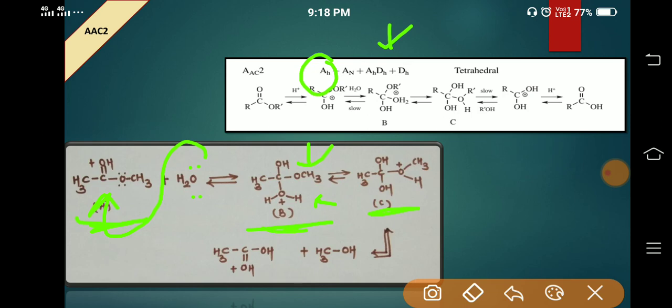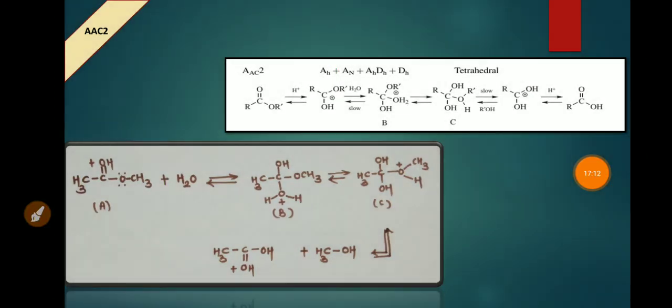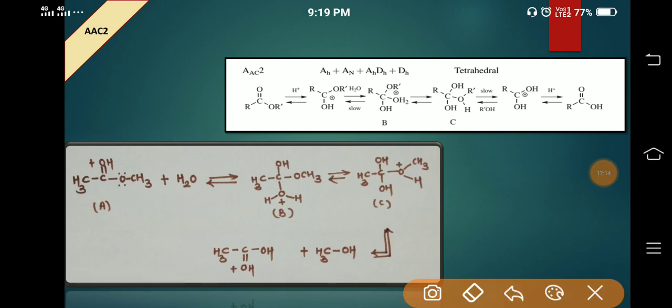Now the tetrahedral intermediates generated in step B and in step C have the same basicity. So when tetrahedral intermediate B collapses, it eliminates water,